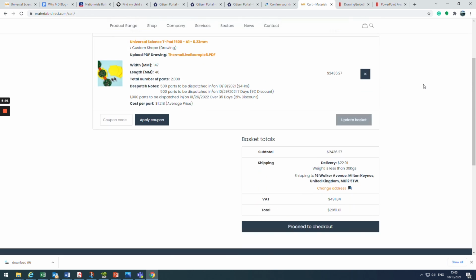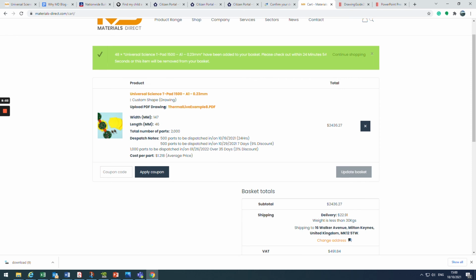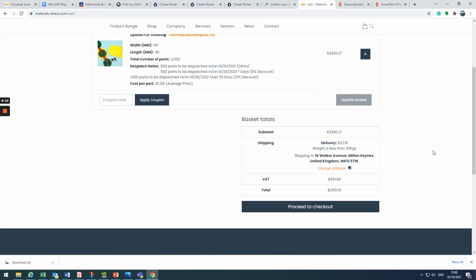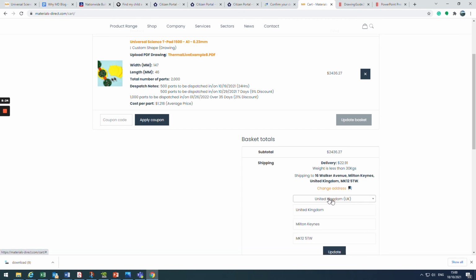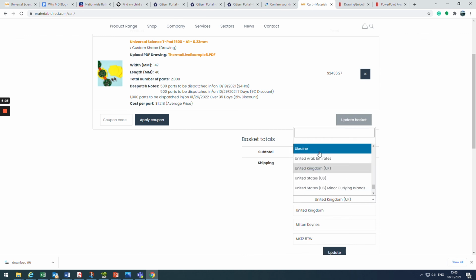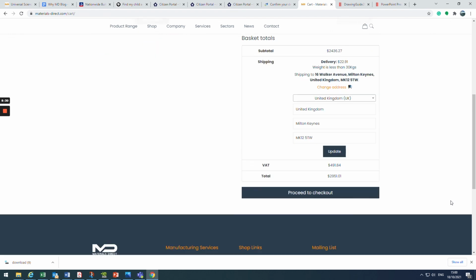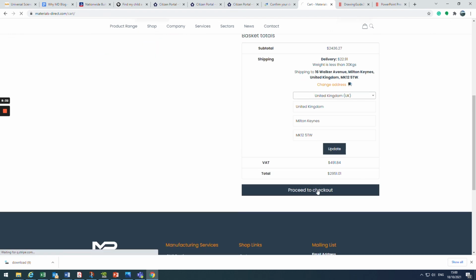We've now got the opportunity to take a look at the schedule, make sure we're happy with that, the costs, and that we're making the right part, etc. And we can then go ahead, and if at this stage you don't have the address, this at the moment is calculating an address in the United Kingdom. We can change that to anywhere in the world effectively by selecting from the menu. If we now proceed to checkout,